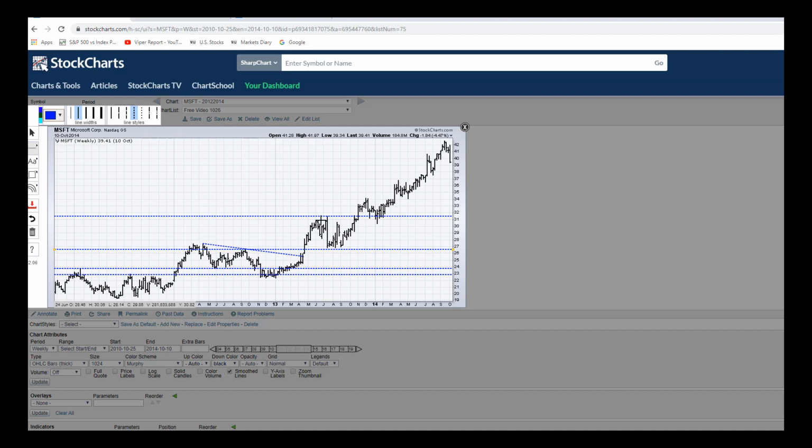Ran up to 31, came back down to 26.5. Now this may seem simplistic or redundant to some of you, but it's something that you need to focus on to really understand charts. I've been looking at charts for well over 30 years, and by spending a lot of time looking at them very closely, I can look at hundreds of charts and